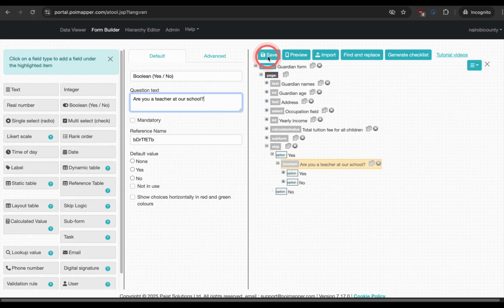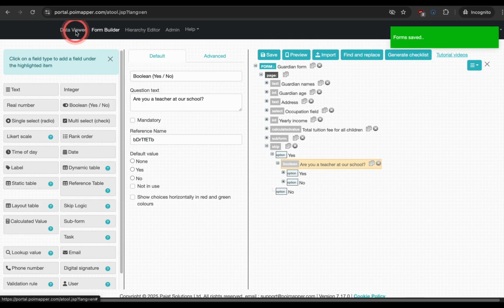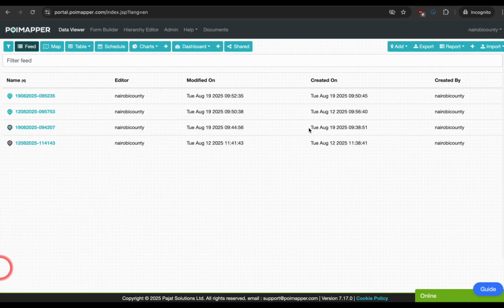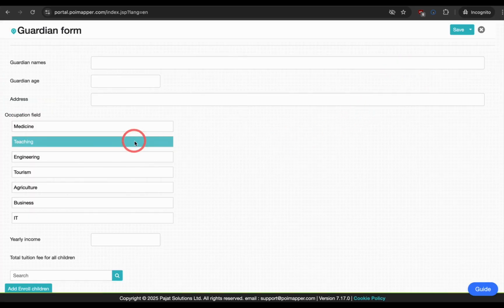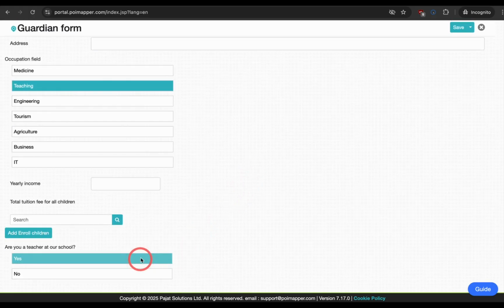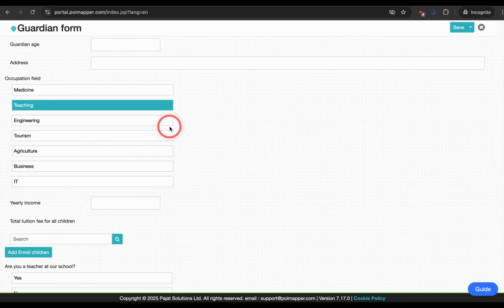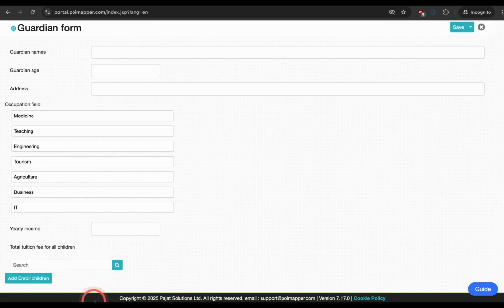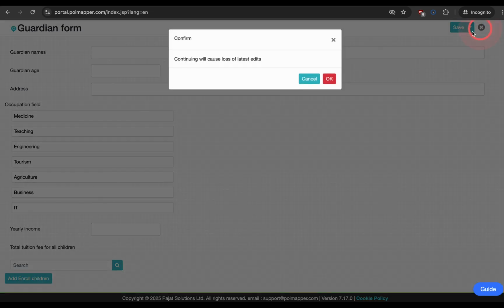If we save and go to the data viewer, you can see that if we pick the teaching option on the occupation question, we are asked, "Are you a teacher at our school?" If we go back and deselect it, you can see that the question is not there anymore. Since we did not define a question under the No section, no question is displayed when the calculated statement we defined on Skip Logic returns false. If we go back to the Guardian form,